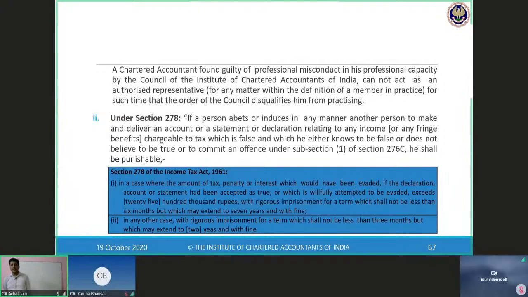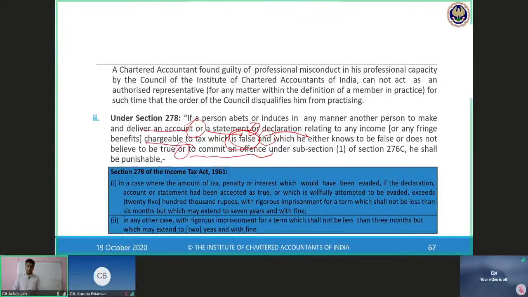Now moving on to section 278. If a person abets or induces in any manner another person to make and deliver an account or a statement or declaration relating to any income or any fringe benefits chargeable to tax which is false, and which he either knows to be false or does not believe to be true, or to commit an offense,